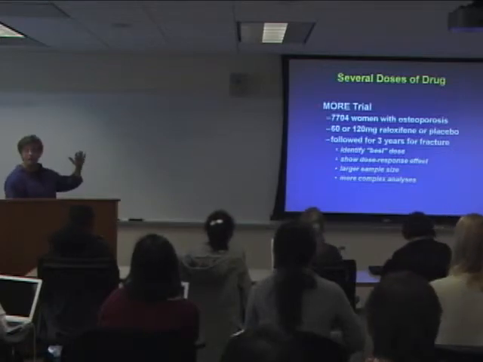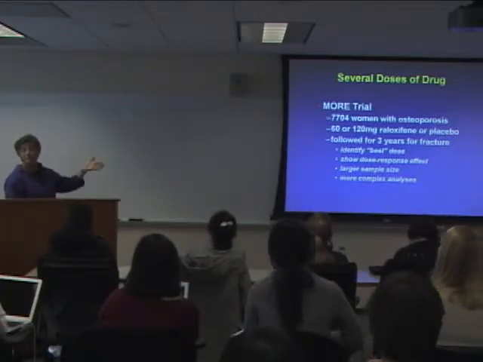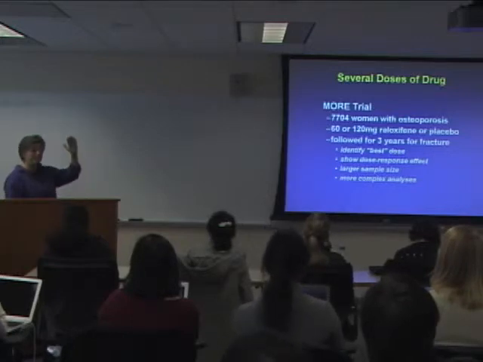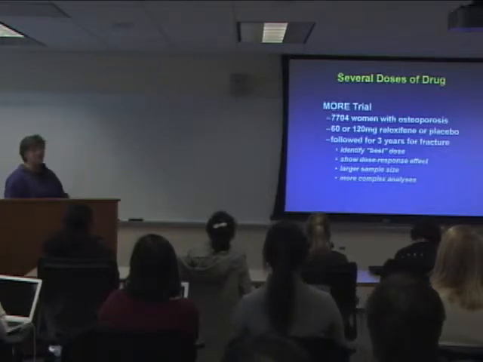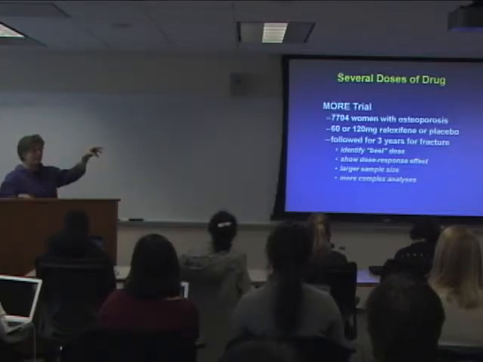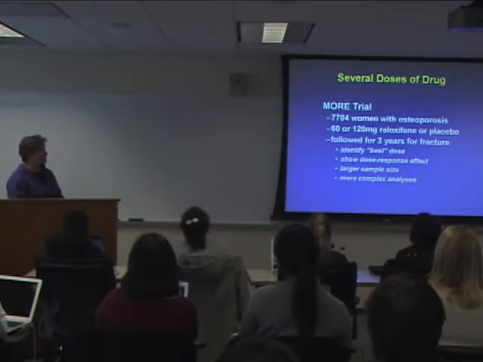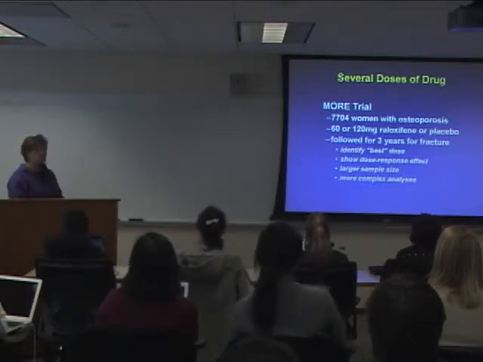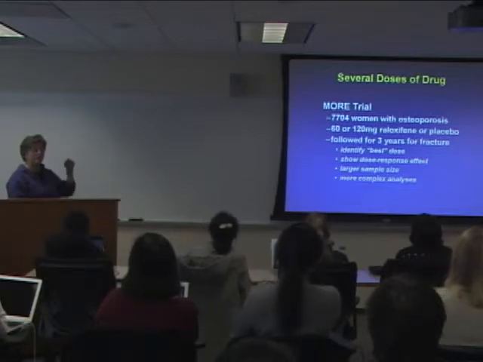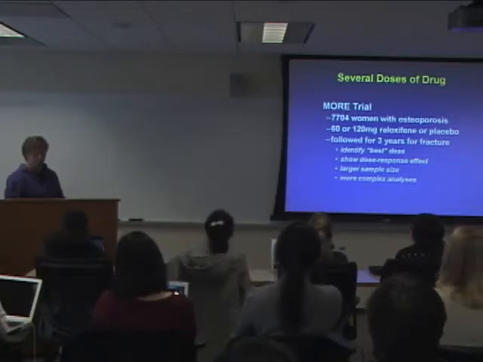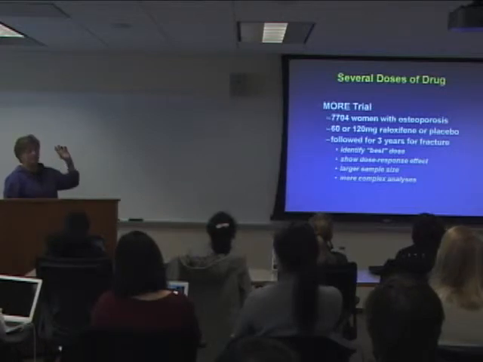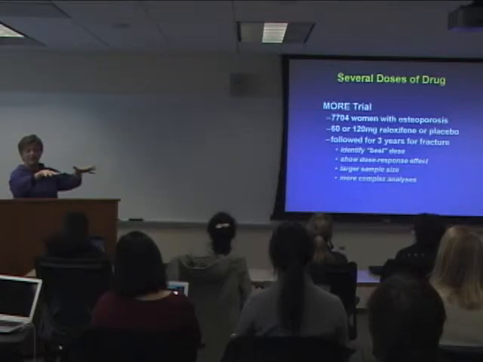Sometimes you can show a dose response effect so that it's clear that some people get a good relief on a low dose, but some people need a higher dose. The drawbacks are that you need more sample size, right? So if you're going to really compare 2 active doses, each one to the placebo, you tend to need somewhere in the order of about 20 to 30% more participants in the trial. And the analysis gets more complex because now you have multiple comparisons. So in some ways, a simple active placebo-controlled trial is the easiest to plan and to carry out and to analyze, but these others have some advantages.